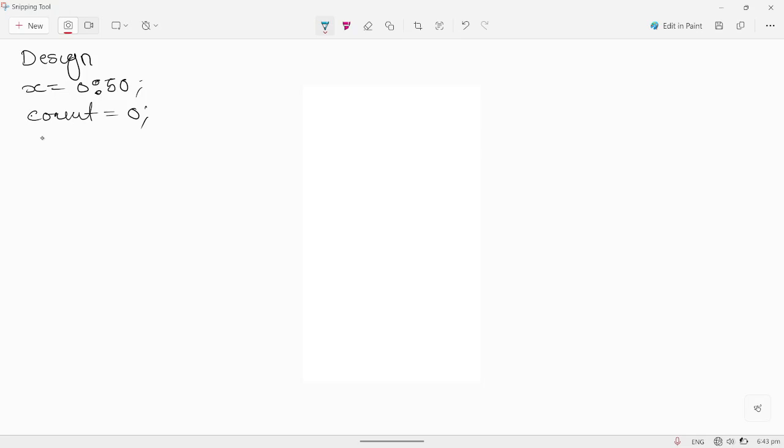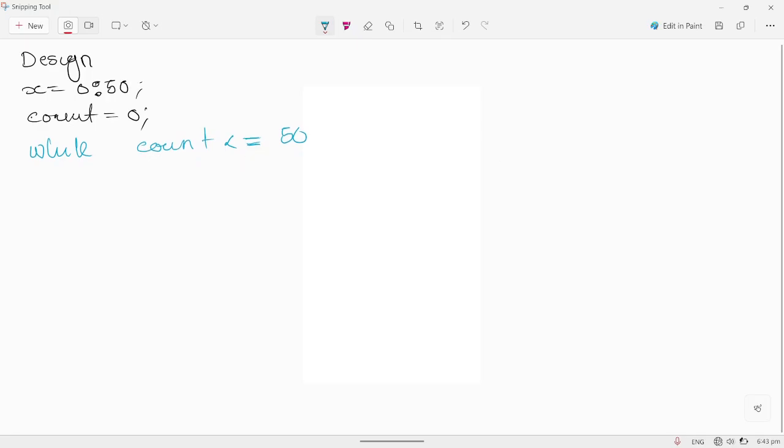And we're going to introduce the while loop. We're going to say while count is less than or equal to 50. I hope I haven't swapped these. Is it the equal sign which is supposed to be first, or okay, we'll check. So while count is less than or equal to 50,